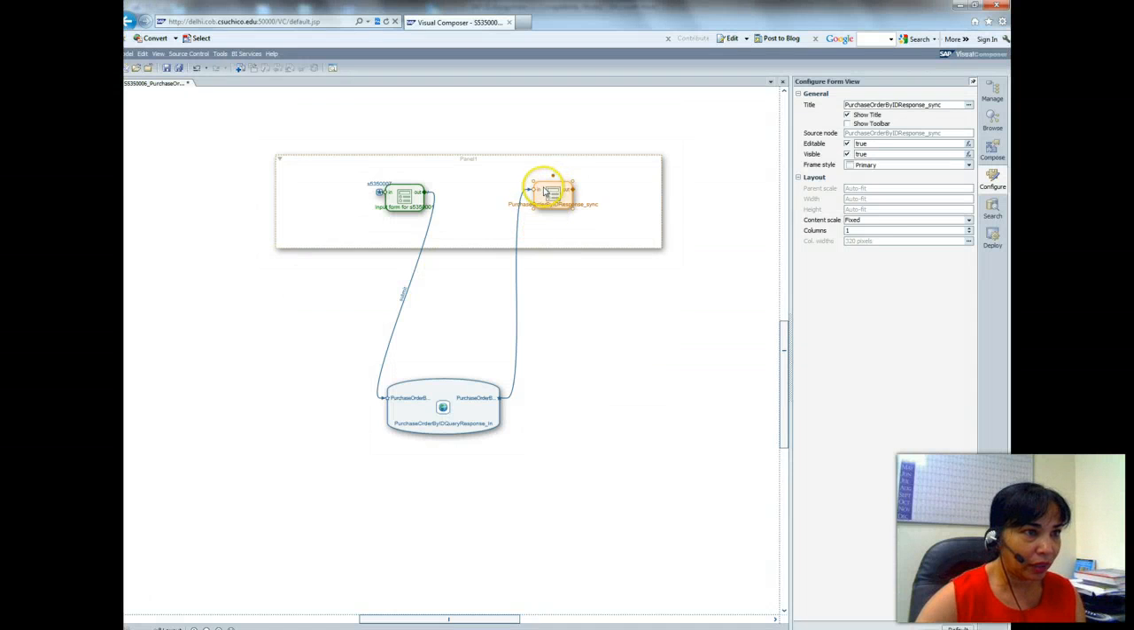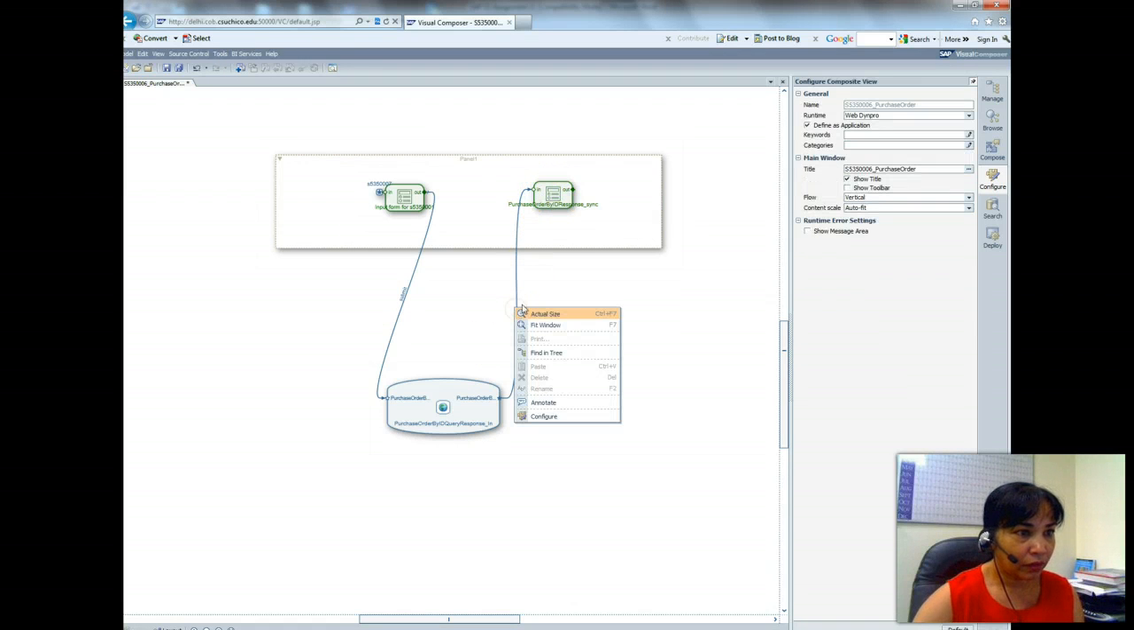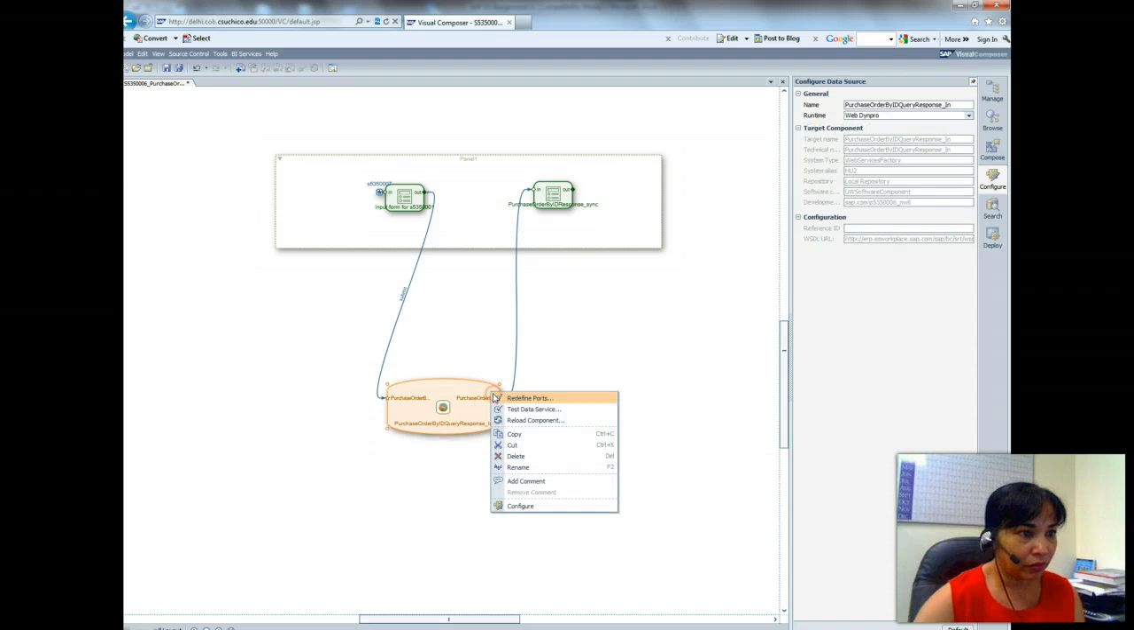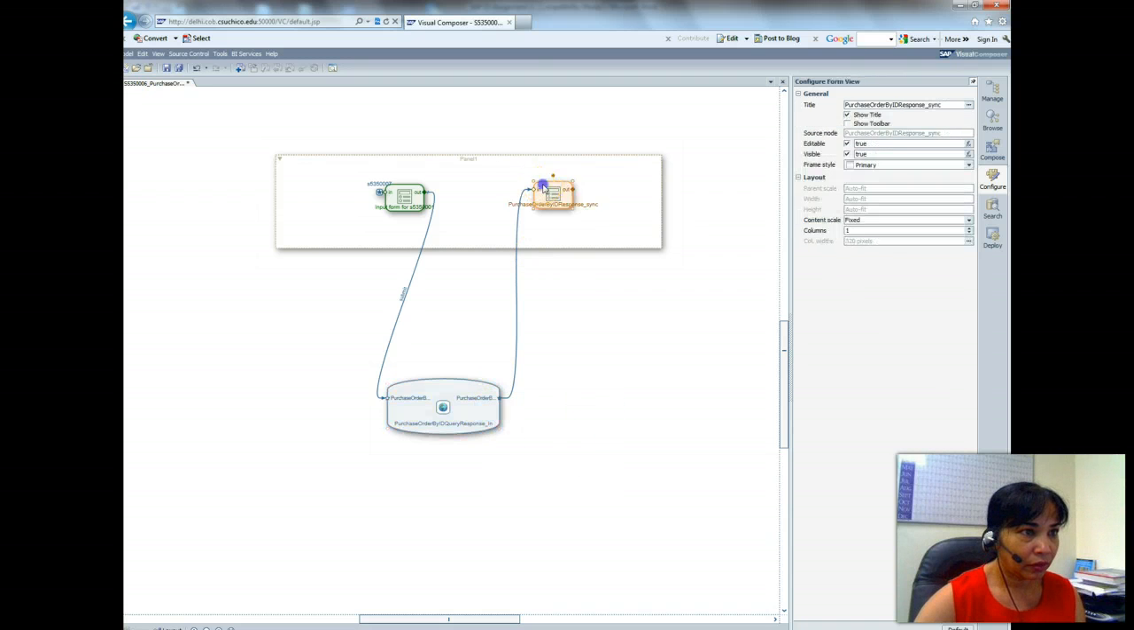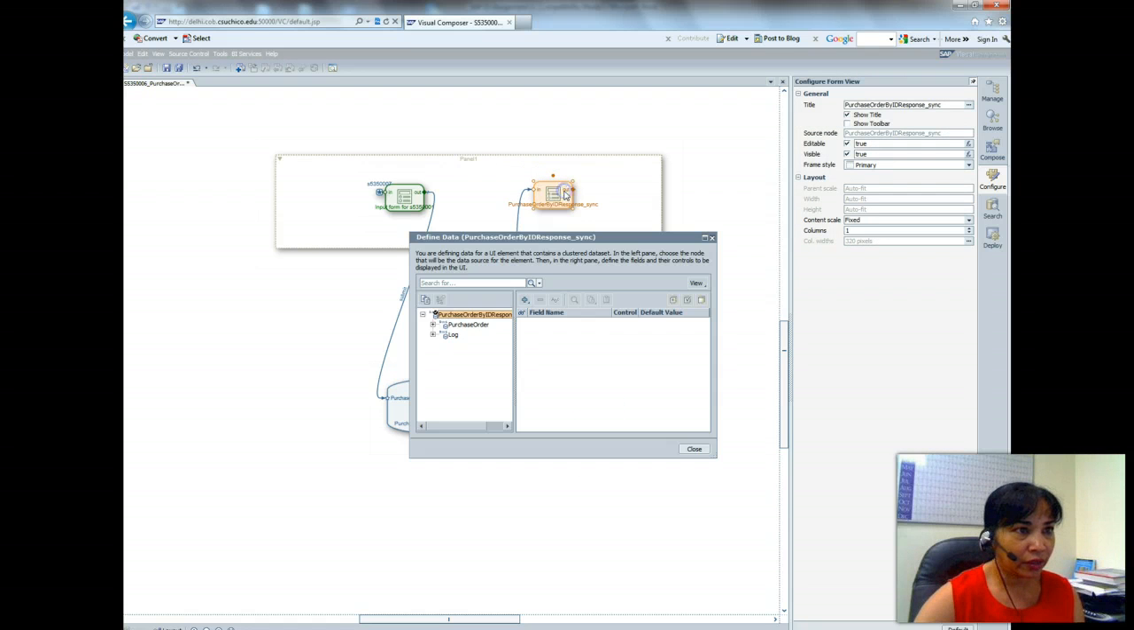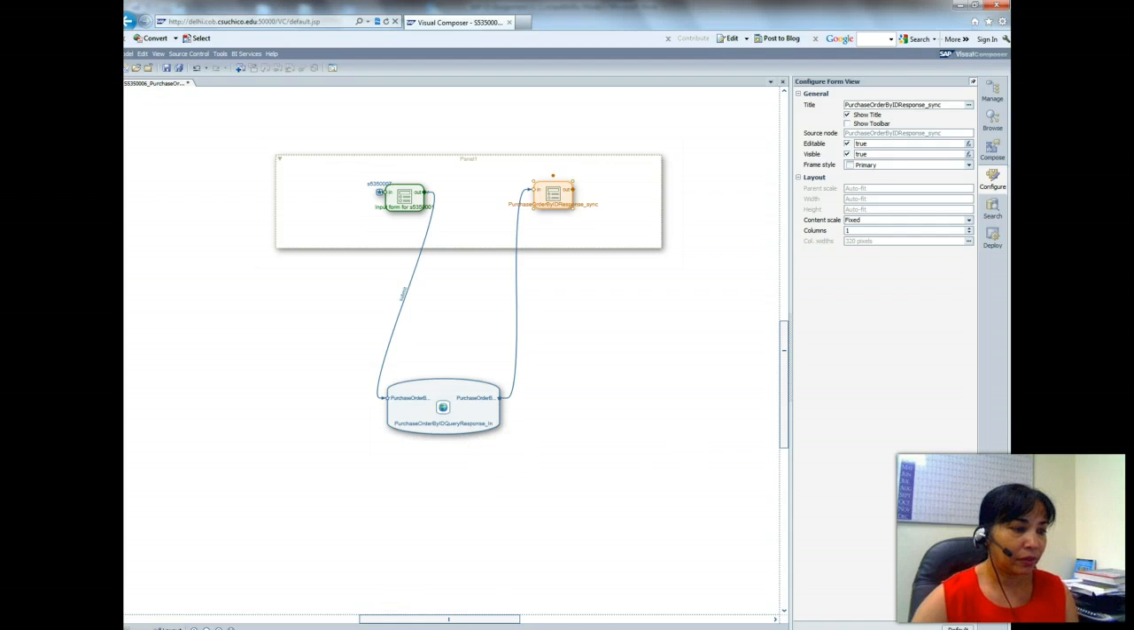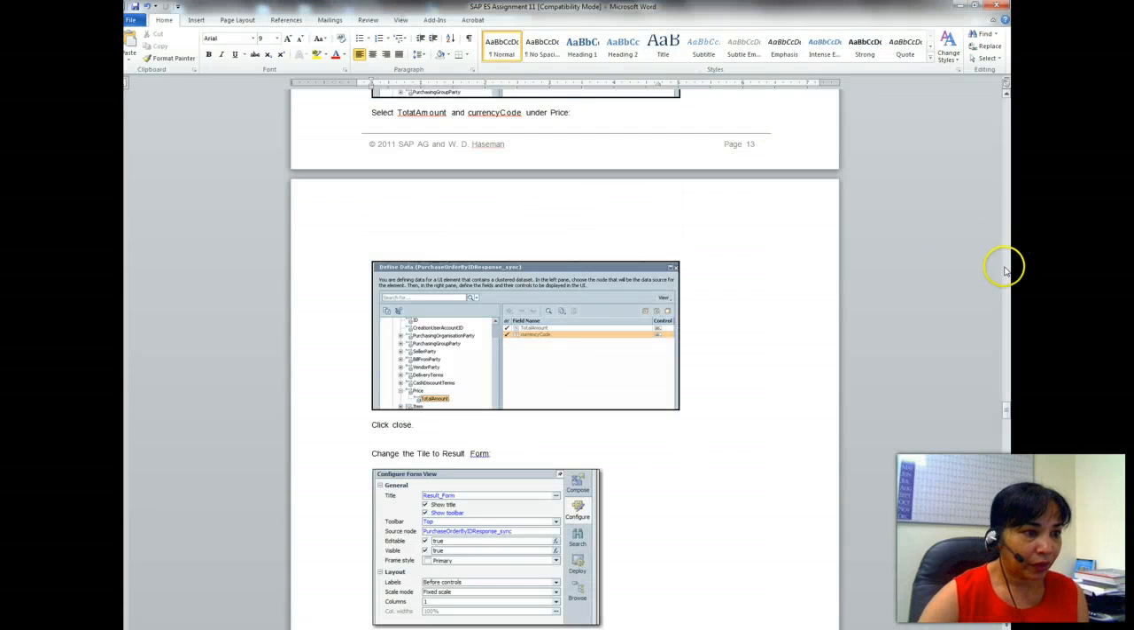So I have to go back here. Define data, price, total amount and currency code under price. So total amount and currency code under price. So I'm done. Then change the